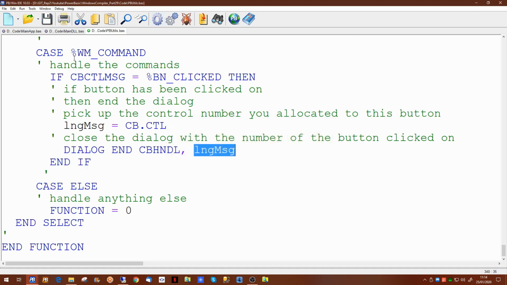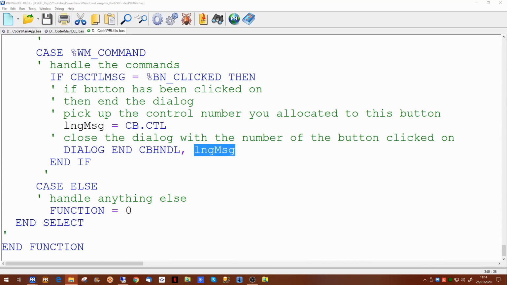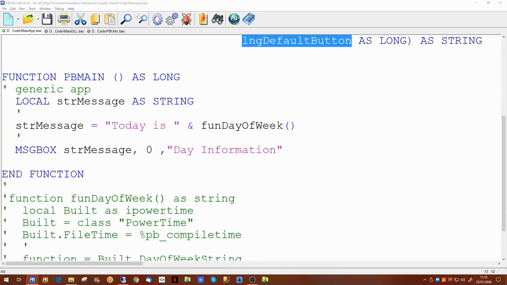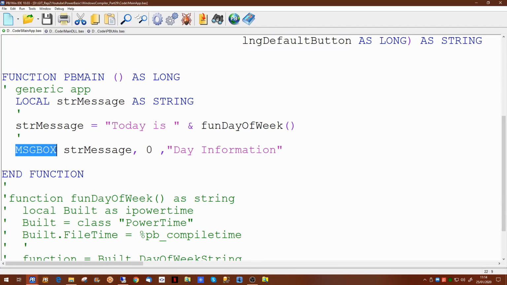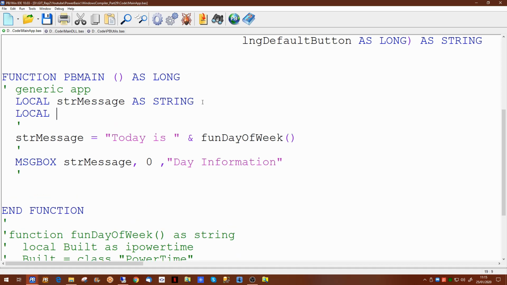Yes, it is. Right, having completed the creation of our DLL, which we have a look at the code, there's the PBUtils DLL now being created. So how are we going to call it? If we look at our main application, we've already declared the function, but we haven't actually called it yet. So what we're going to do is, after we've displayed the message box to say day information, which works out the compilation date and displays the day, we're going to create another local variable to pick up our return value, because this function will return a value,